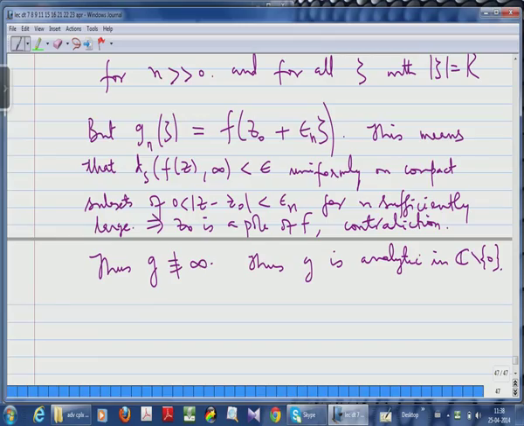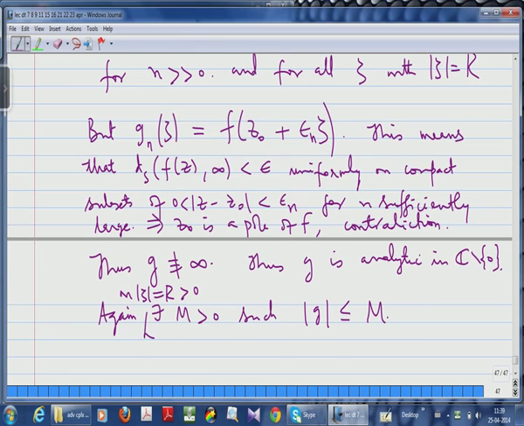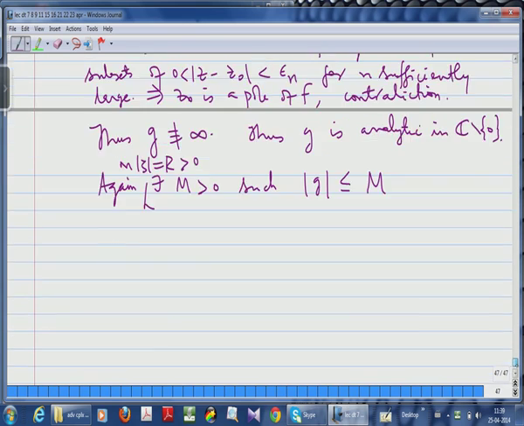So let's go to the other case. Again there exists an M greater than 0 such that on mod zeta equal to r, mod g is less than or equal to M. But after all, since g_n converges to g normally, in fact uniformly on mod zeta equal to r, because it's a compact set,